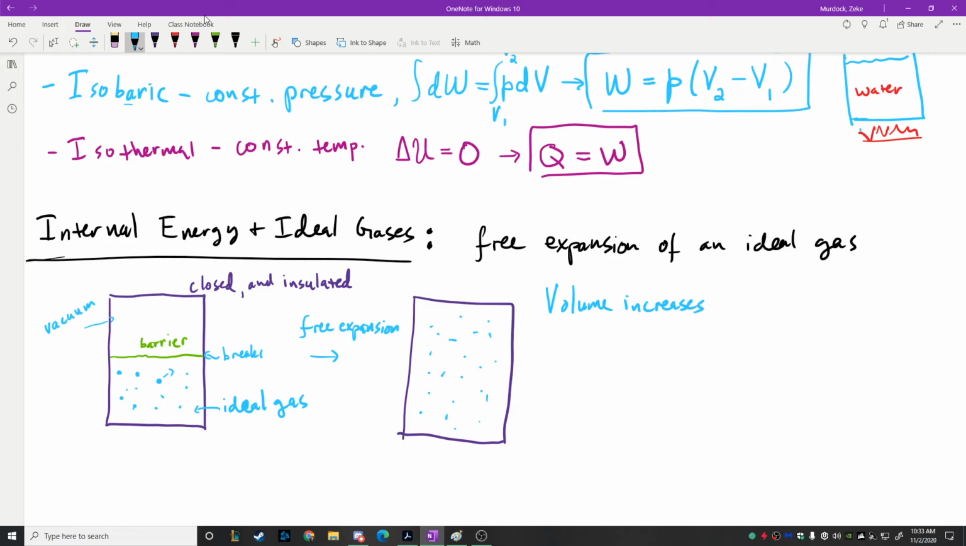But it does so in a way that it does no work. Normally it would. The pressure decreases since it's occupying a larger volume now. Pressure decreases. But